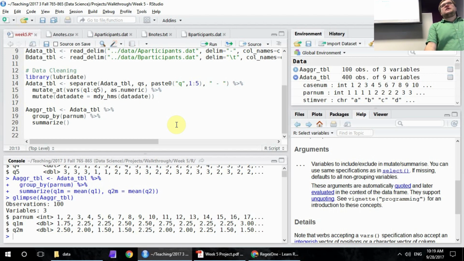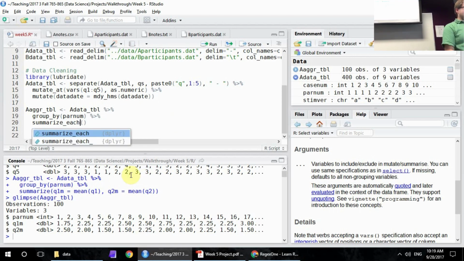Did anybody here do a scalable version of this question? Yeah? 2? Oh, okay. What'd you do, Andrew? I did summarize each. So summarize underscore each. Oh, summarize each. Then